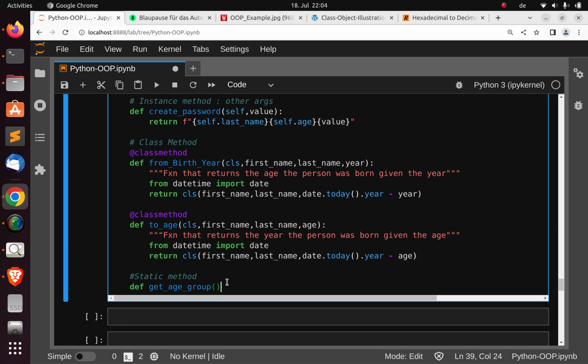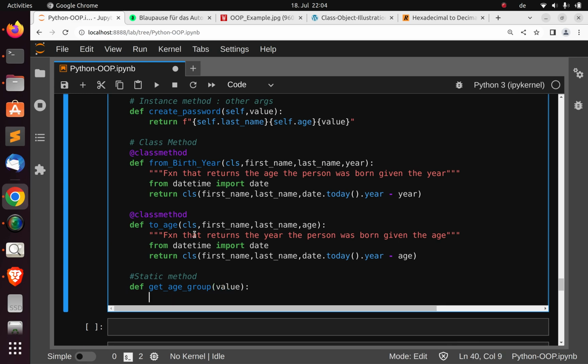So this one doesn't take anything, right? It's going to take a value, right? And then it's not inheriting CLS or self, it's just working on itself. So age, let's specify that the age is going to be equal to value. This is not the best way of doing it, but let's make it like that, right? Or let's go with this age here, right? And I'm going to pass in, so if age,